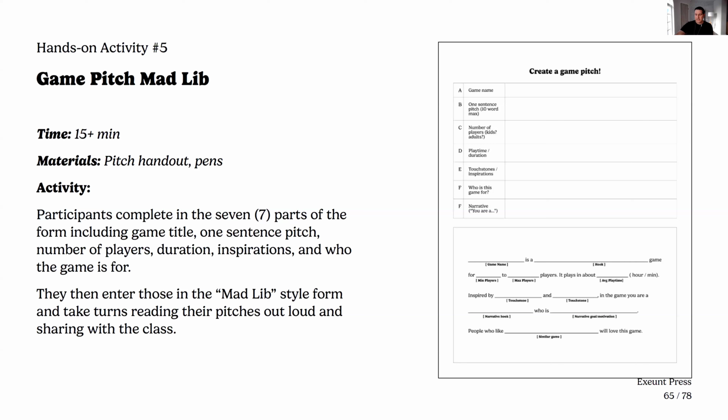So after they fill in the top part of this, you can just take those and drop them right into sort of a Mad Lib style script. And then we would take turns pitching those. So we actually get up and you read your pitch. What that does is, number one, it gives people a clear, concise way to communicate about the game, something that I have found people really, really struggle with. And number two, it gives them a safe way to be able to get up and talk in front of